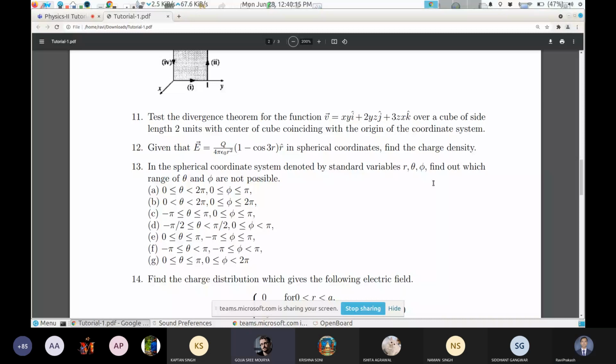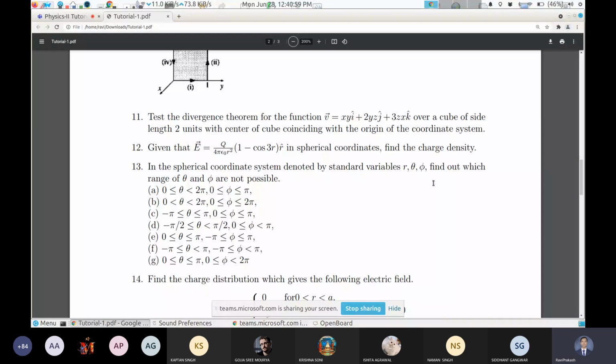Sir, we can include 2 pi also, sir. So you mean that phi must also be from 0 to 2 pi? Sir, no, sir. I said 2 pi can be included in the range of theta. There, that equality sign is not there in part A. All right, okay. So I should include less than or equal to 2 pi, right? Yes, sir. Same thing, just a typing mistake. I'll correct it.